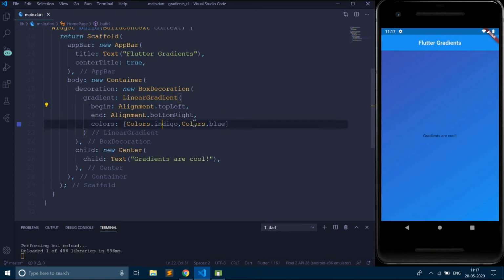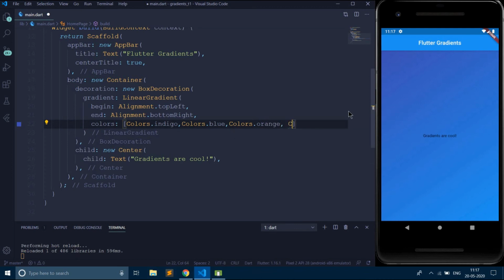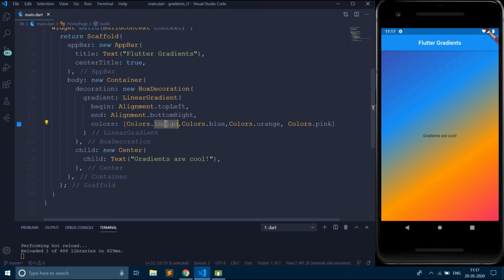And also you can give more colors over here. You can also specify some other colors, say colors dot orange. As you can see, you can give any number of colors, and if you want to specify any color code other than the colors present in the material design, you can do it this way.